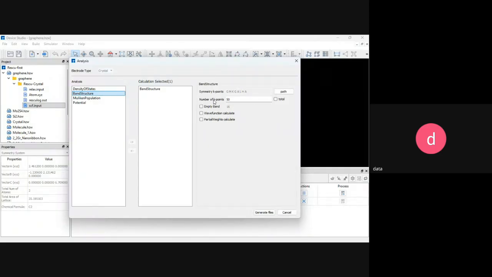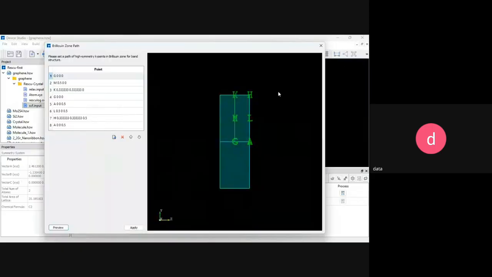parameters also here, like symmetric K point. If you want to change the path, click on the path. It will open the Brillouin zone path. Here you can see. You can also edit if you want some value to change. You can also do like this. And if you want to delete, you can also do it by using this delete button